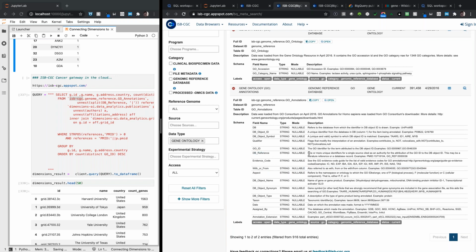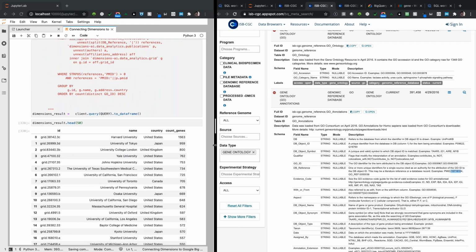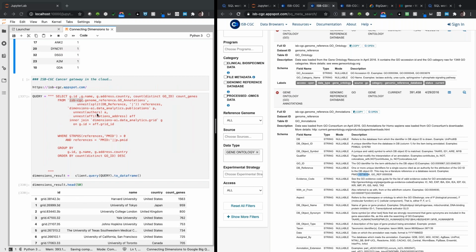So this is one or more unique identifiers for a single source cited as the authority for the attribution of the particular gene to the database. So that's particularly interesting because that is linking back the gene to the seminal paper that defines it. And what's really nice about it is it's using PubMed IDs, and PubMed IDs, of course, are also in Dimensions. So we can take our